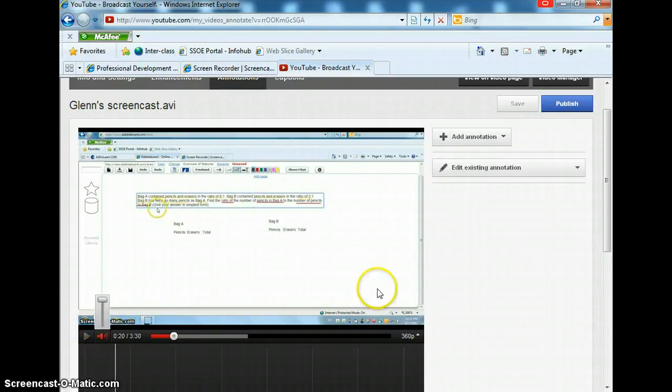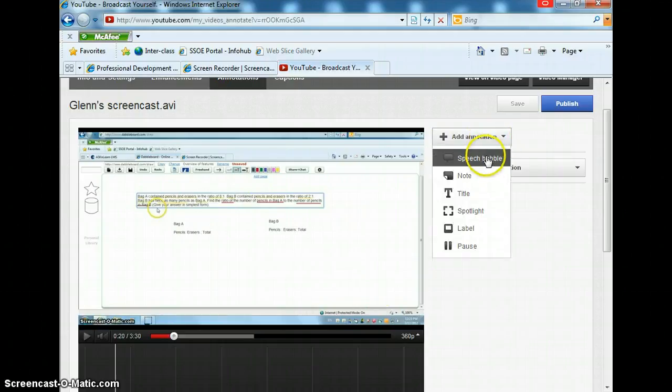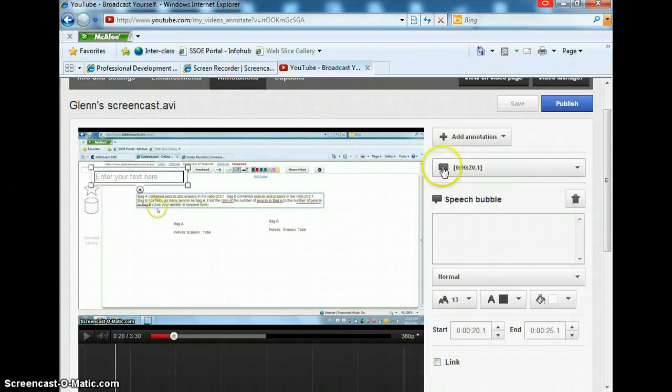So if I want to say something about the way he has highlighted, I can choose to add a type of annotation, whether it's speech bubble, note, or title. Let's say I want to add a speech bubble. I click on speech bubble. The speech bubble comes up and I say,